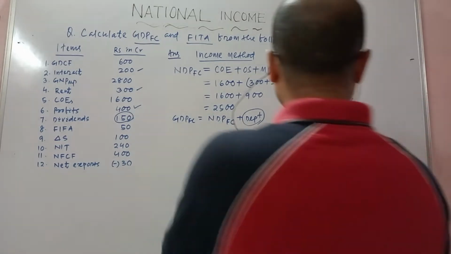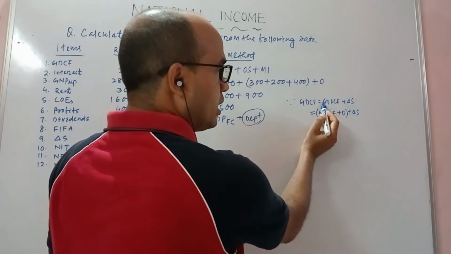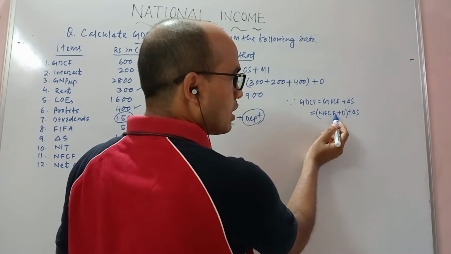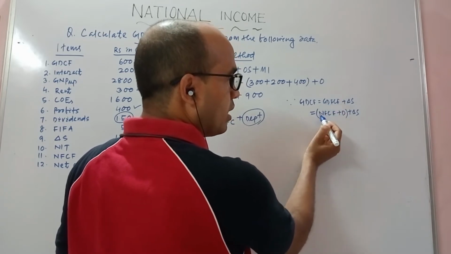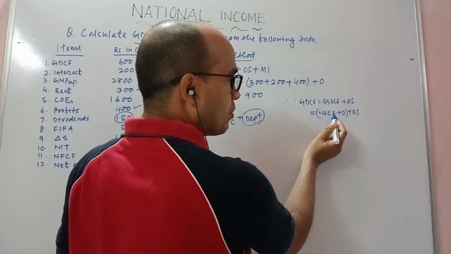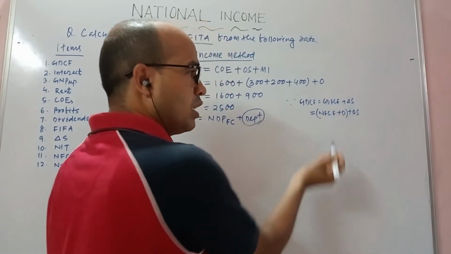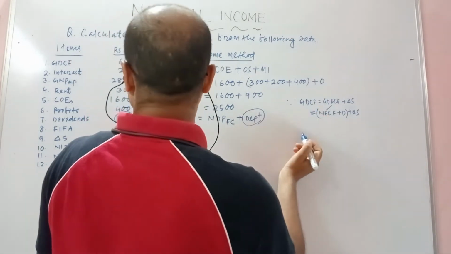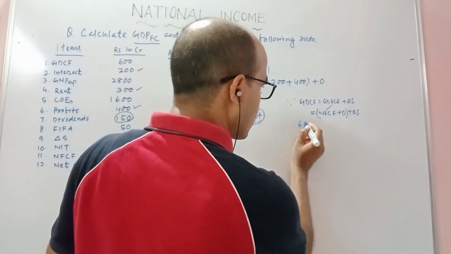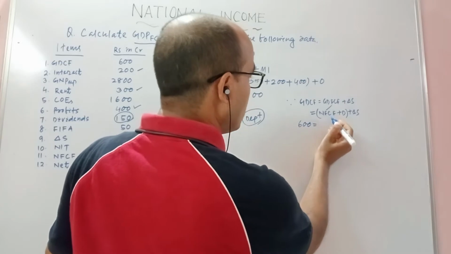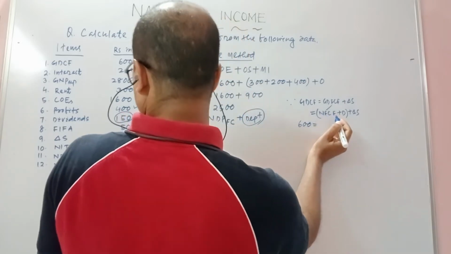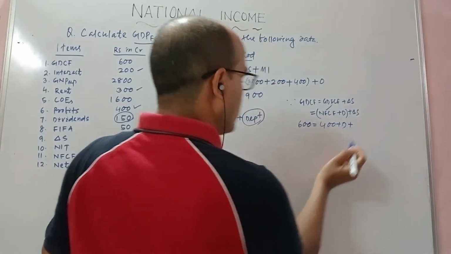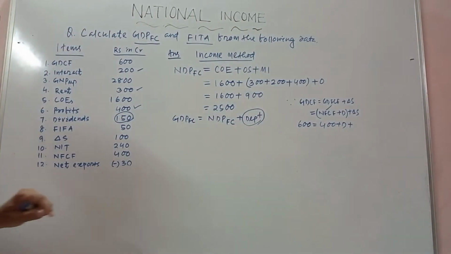Are you getting once again? Here, GDFCF, no problem. If GDCF is not given, but NFCF, that different way they have written, what is called a net fixed capital formation plus depreciation, you can find out this one. Because here fixed word is there and here also fixed word is there. So your GDCF is given how much? Now GDCF is given 600. So in the place of what is called NFCF is given in the question 400. You write depreciation. Change in stock is given how much? Change in stock is given 100.